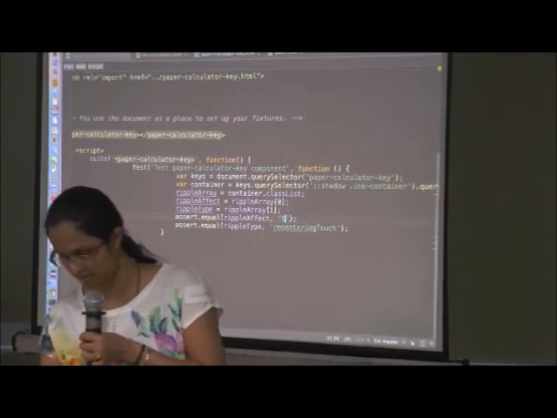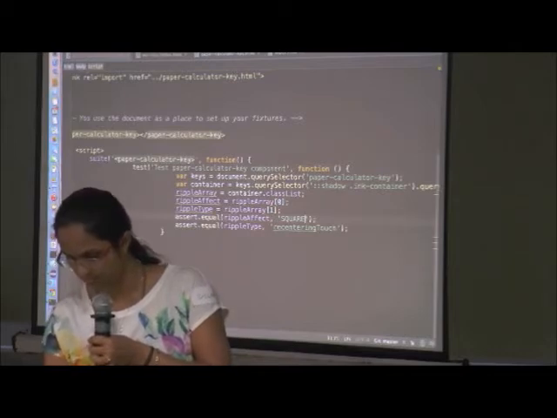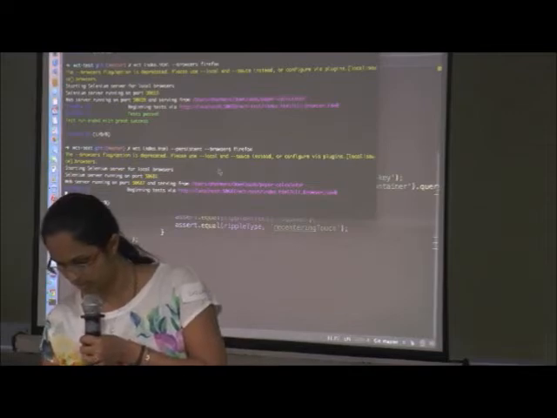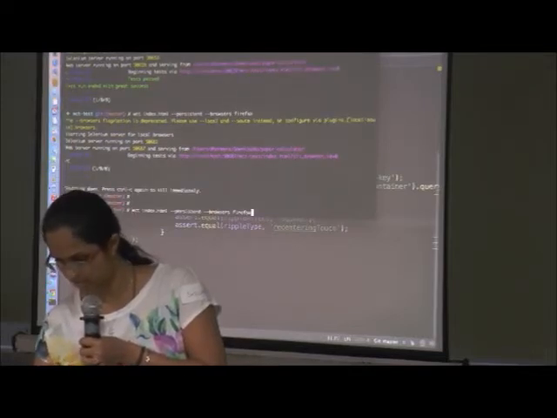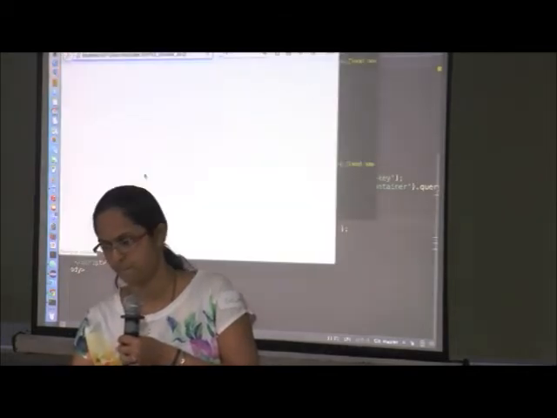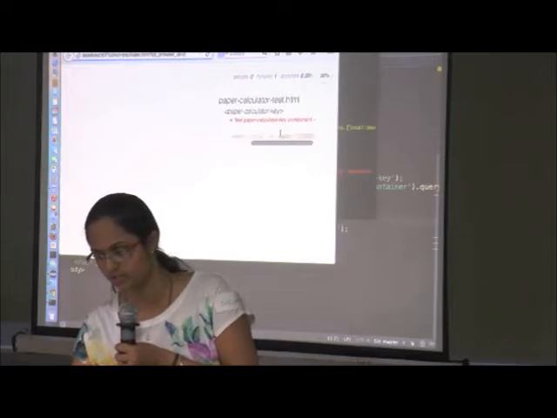Say instead of circle, if it was square or something, and if I am running the test, it will even tell me where exactly it has failed.